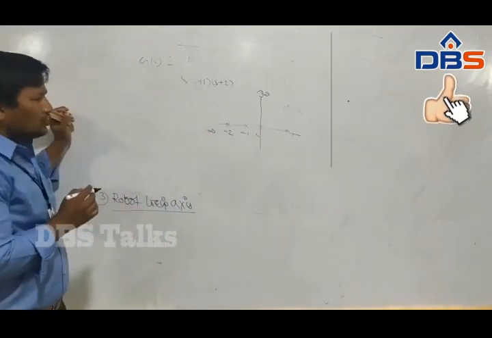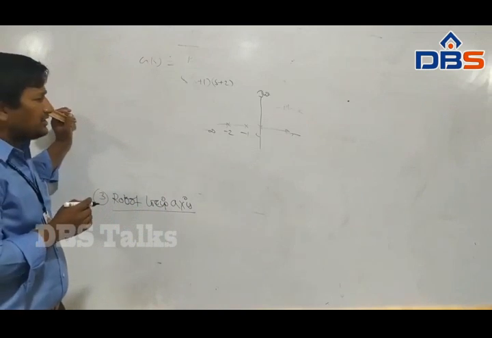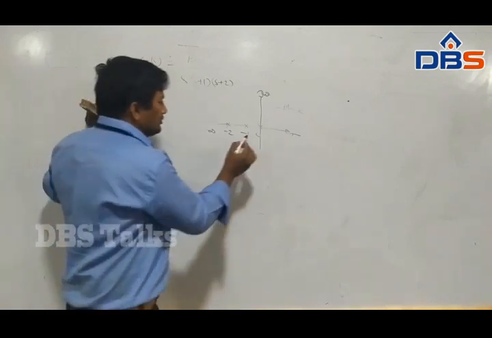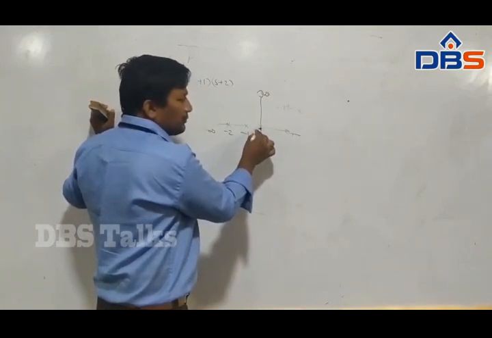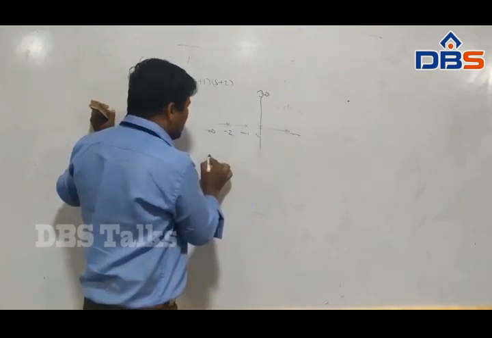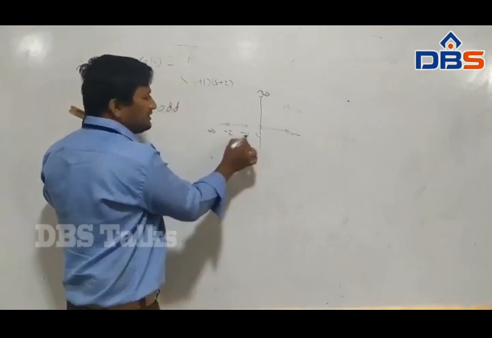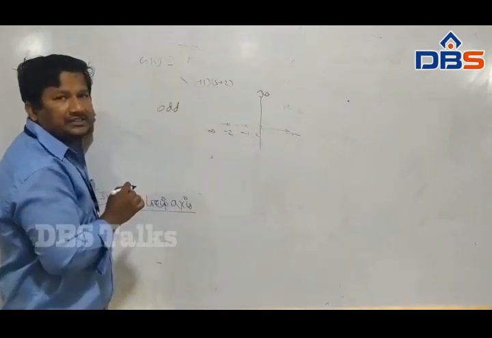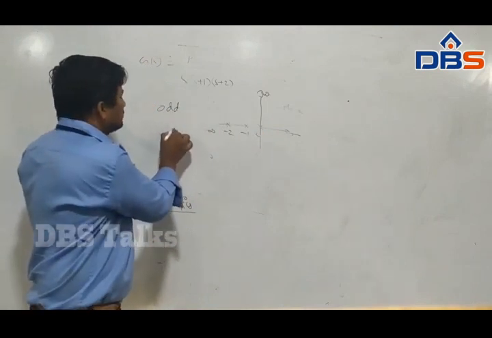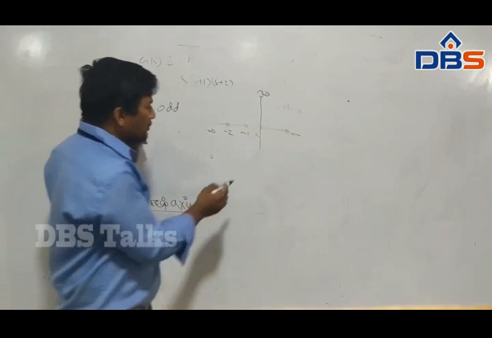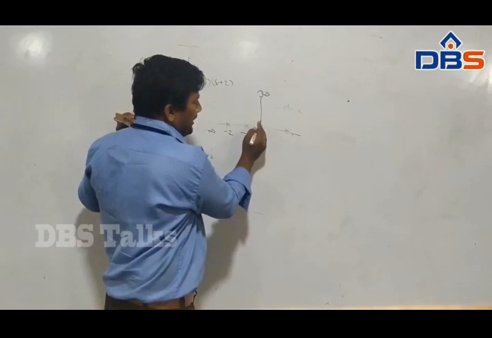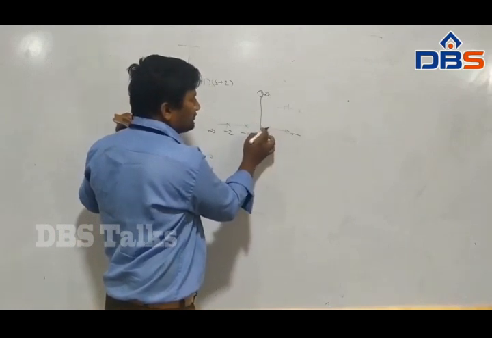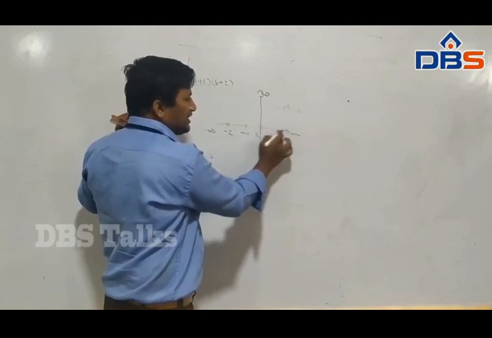How can you say how many root locus branches are existing in the root locus diagram? Take one point. Suppose I am taking the s equal to 0 point. Now add all zeros and poles, that is, the sum of zeros and poles to the right side of this point. It must be an odd number, then we can say that a root locus branch is existing. Otherwise, if it is an even number, the root locus branch is not existing. From this 0 point, on the right side there are no poles and zeros. That's why there is no branch existing on the right side of the s plane.